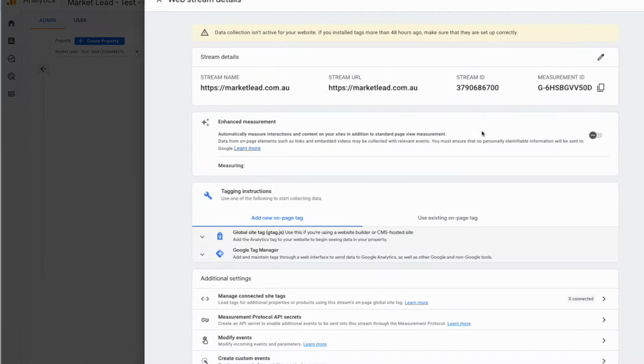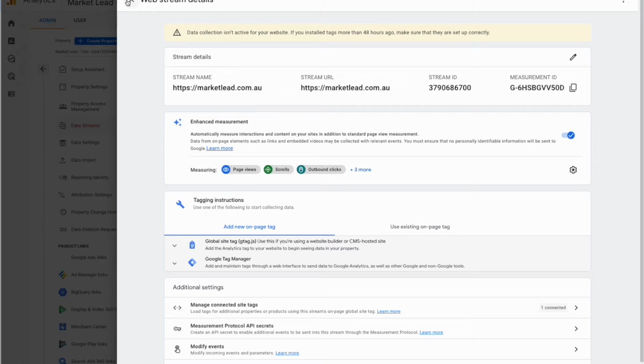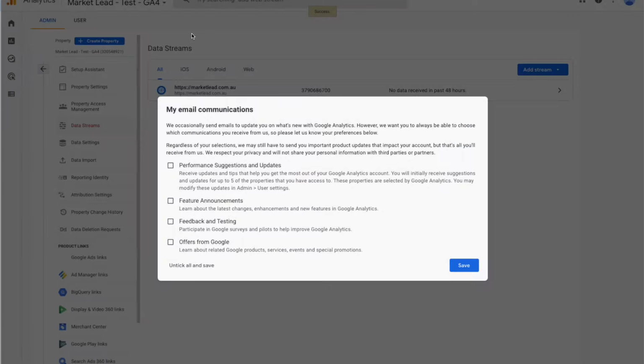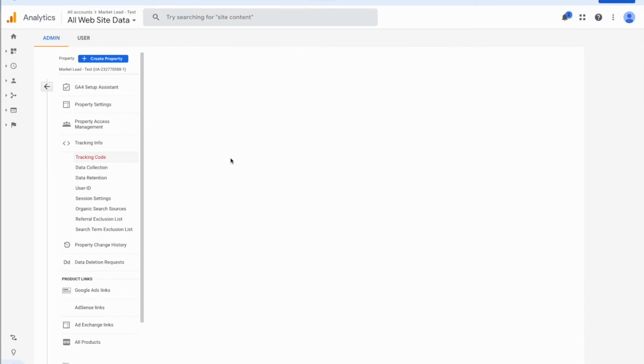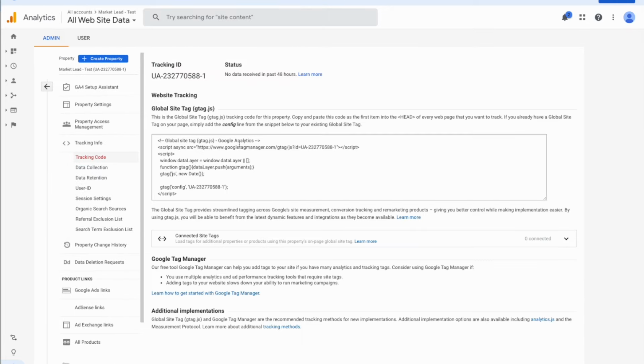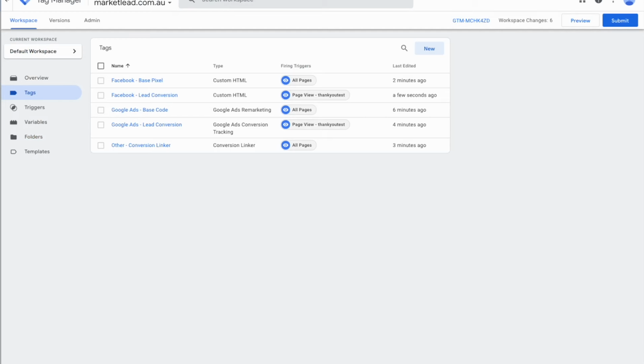So now there will be multiple codes I'll need to set up. This has already gone straight into the GA4. And then in here, we'll also have the universal. So let's start off with the universal just because it'll be easier to set up. You just go in here, you'll be going to tracking info, tracking code. And instead of grabbing this, you can actually just grab this code here, jump back into Tag Manager, and what we want to do is new